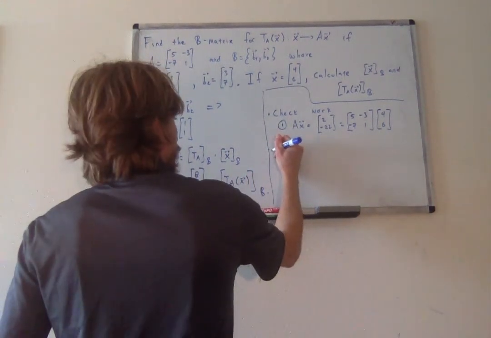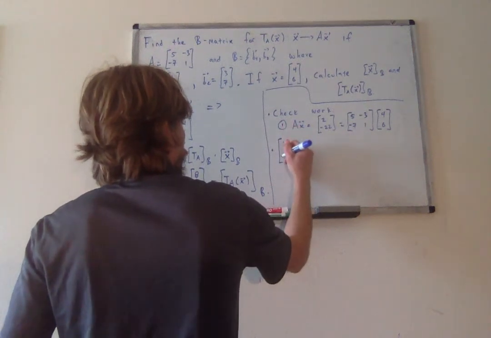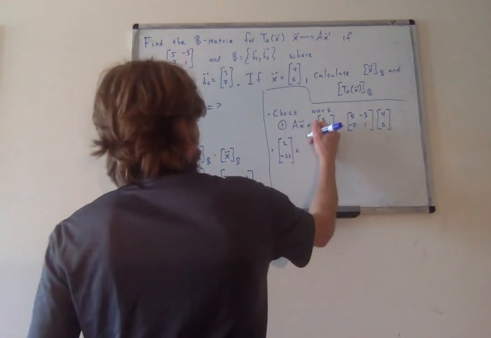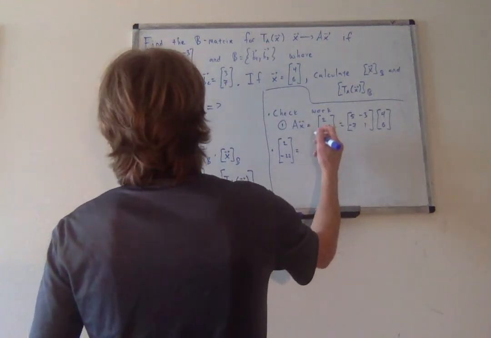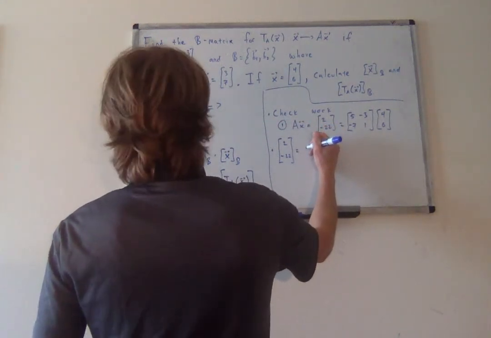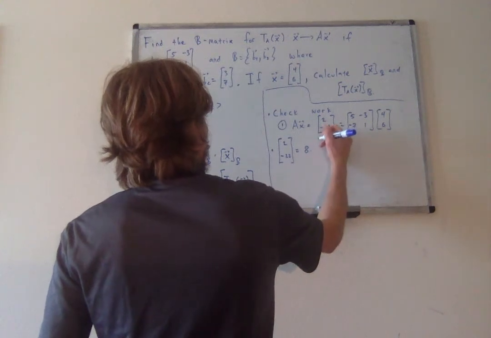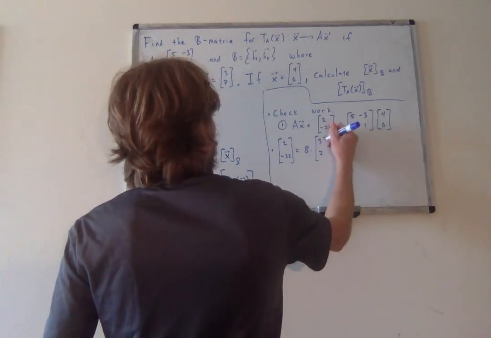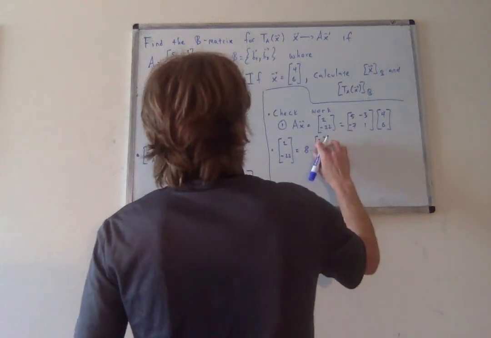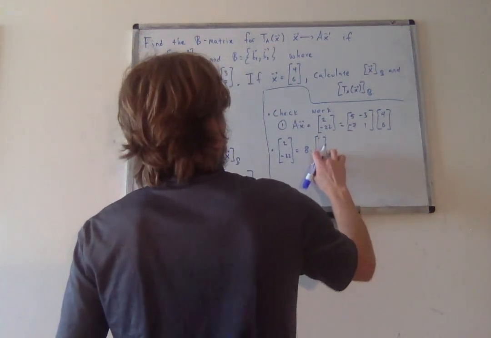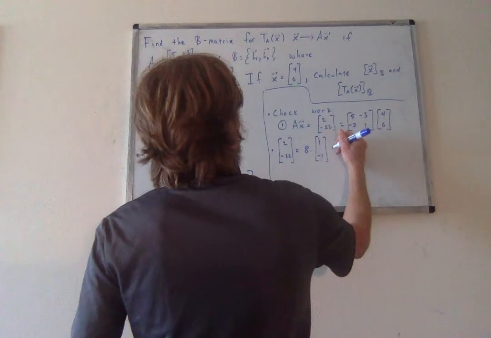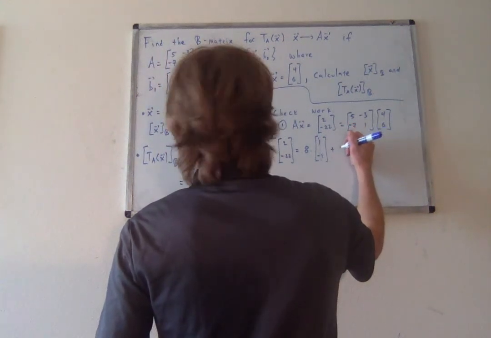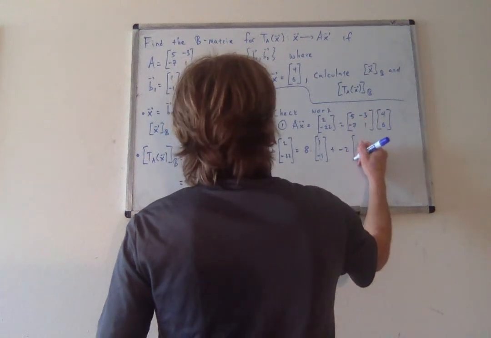So what this is saying is that this vector 2, negative 22 should equal 8 times B1. Oh, sorry, B1 is equal to 1, negative 1. Plus negative 2 times B2,